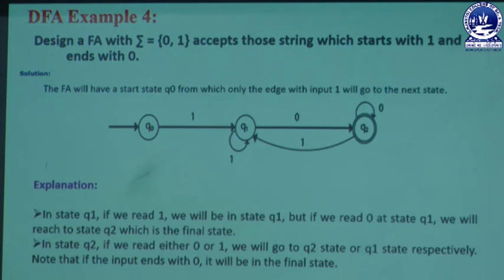That means Q0 never takes the value 0, and Q1 must take a value like 0. Q0 always takes the value 1, which automatically creates a new state Q1, and when Q1 takes the value 0, it is automatically forwarded to Q2. In that example we can create a string that always starts with 1 but ends with 0. Due to that reason, Q0 never takes a parameter like 0.